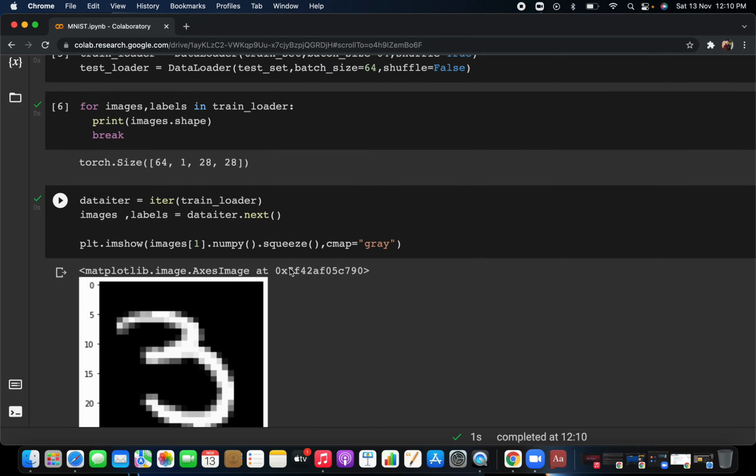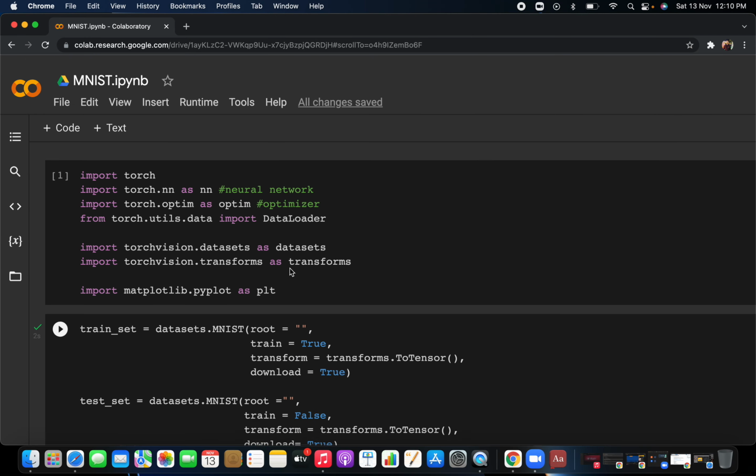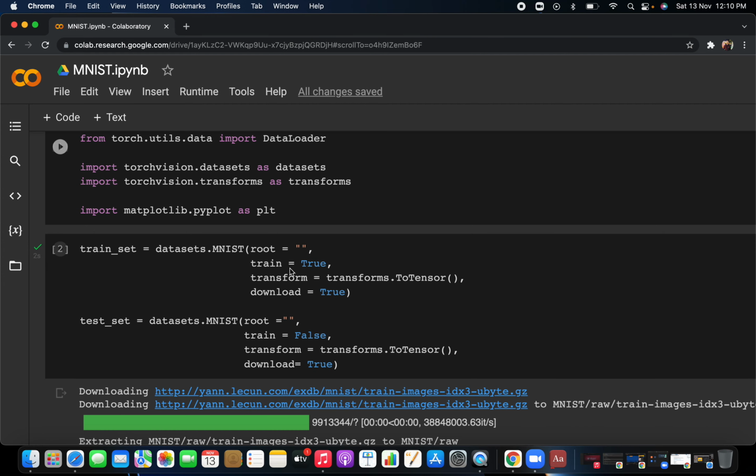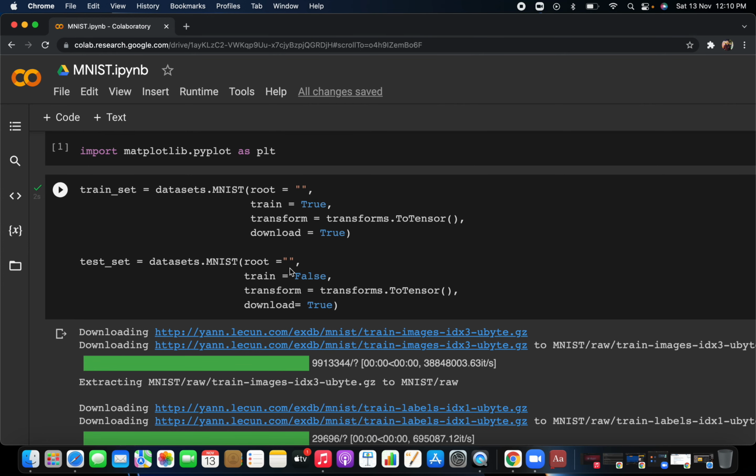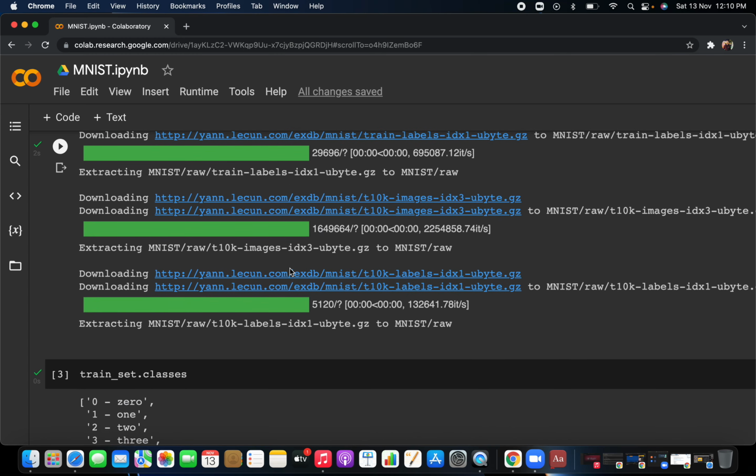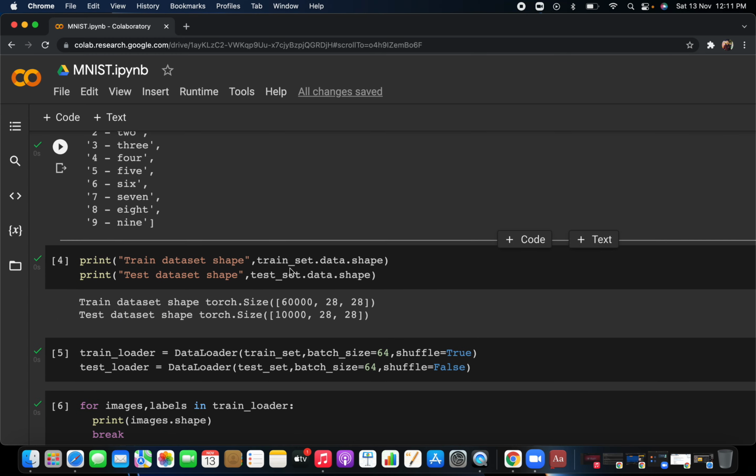This particular video was only about the data: how you import the data, how you download the data in PyTorch, what the use of the data loader in PyTorch is, and how you visualize this data. This was a really easy concept. This was the part 2 video of this PyTorch series. In the next video we are going to see how we create the model, and creating the model is a really important concept you have to understand. We are going to do that with the help of an ANN. So that we are going to see in the part 3 video.